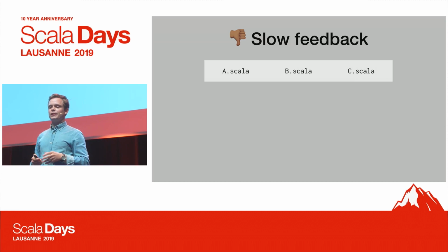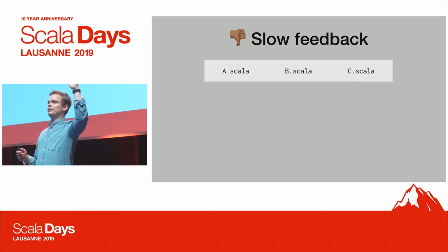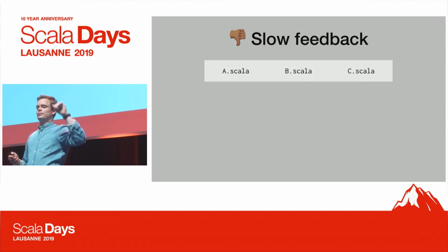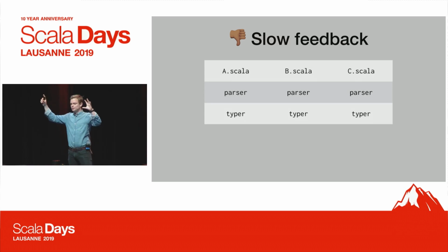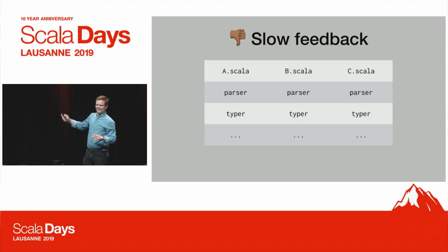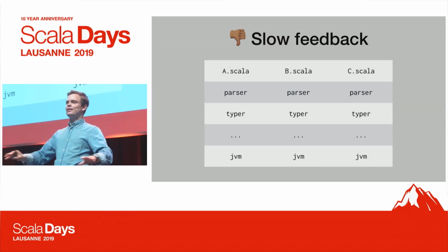So we're going to look specifically into that. How do we clear it? Imagine that we have 3 source files, A, B, and C, and A has an error before. You run the batch compiler, and it runs in phases. It'll run the parser phase in all 3 files, and then it runs the typer phase, which is usually the expensive one. And then it runs 20 more phases, and then eventually we'll reach the JVM. Let's say everything succeeds perfectly. We know, hey, there are no more problems in this file. Then we can clear it.